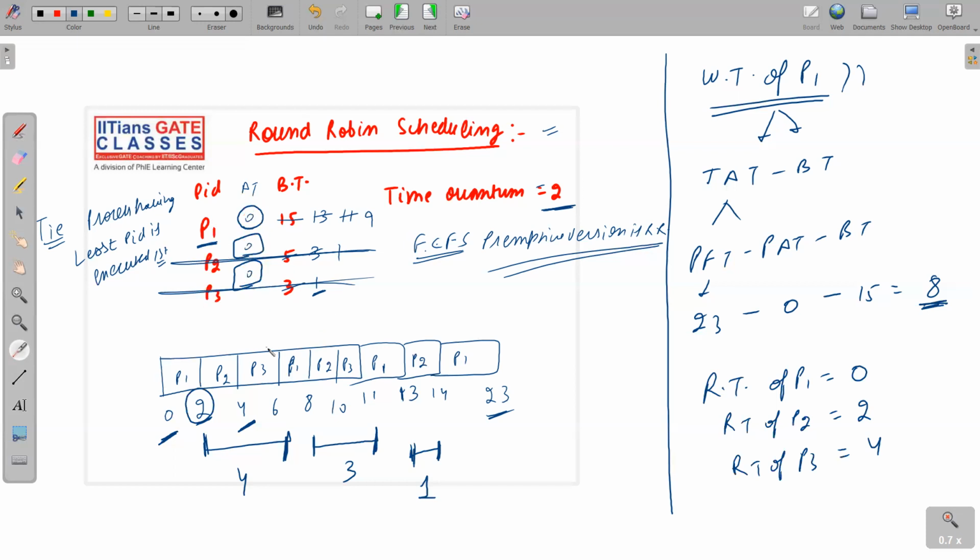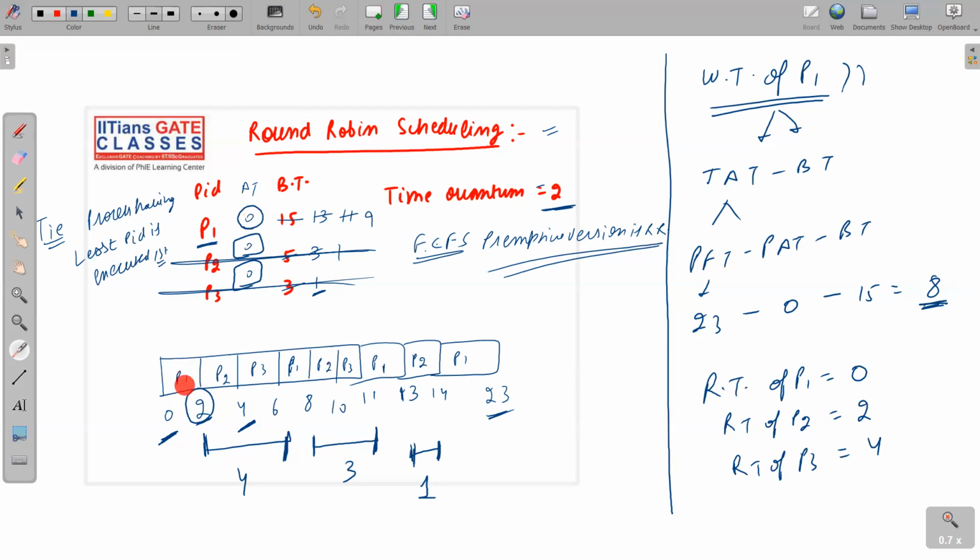But still I have snatched the CPU and given it to the other processes. Why are we doing all these things? We are doing this so that response time will become minimum. To reduce the response time, round robin scheduling was developed. Round robin scheduling was developed to reduce the response time only, because now obviously response time will be